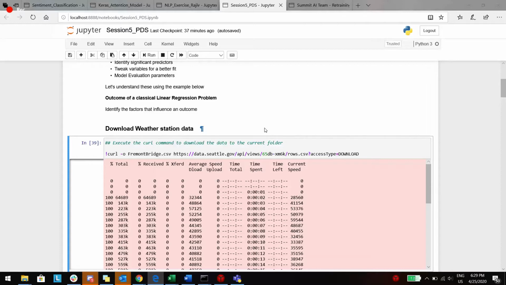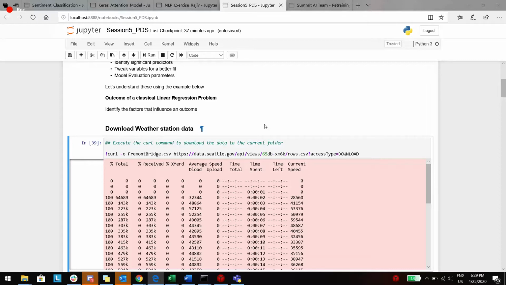The outcome of the linear regression problem, as most of you are already aware, is to help us understand what the factors are that influence the outcome or the y variable. How are your predictors impacting your dependent variable? That is the first and foremost premise of a linear regression problem.